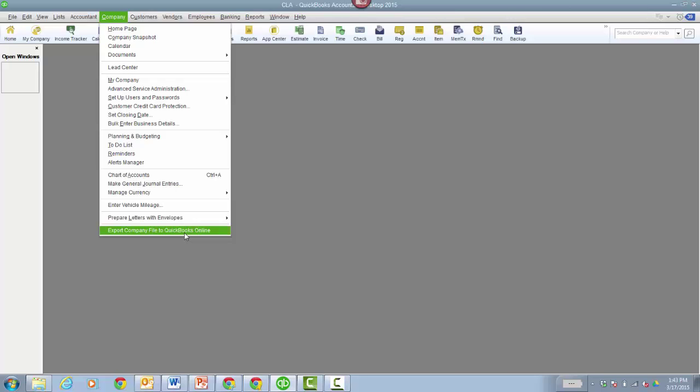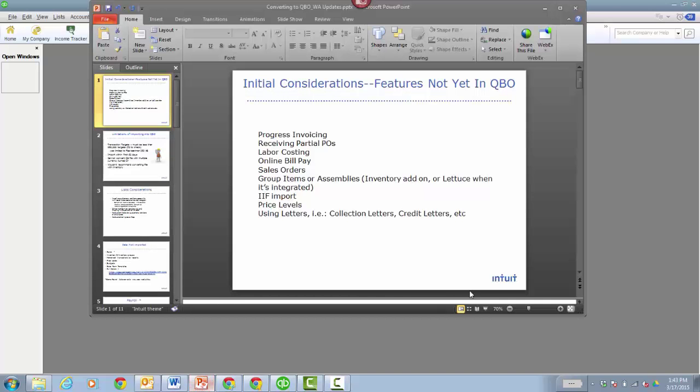there is a way to convert Enterprise as long as ActiveX is supported. You do it through Internet Explorer 11. You can find a video on that on my product video site, quickbooksproductvideos.homestead.com. So I have a PowerPoint I just wanted to run through first, and then we'll go through an actual